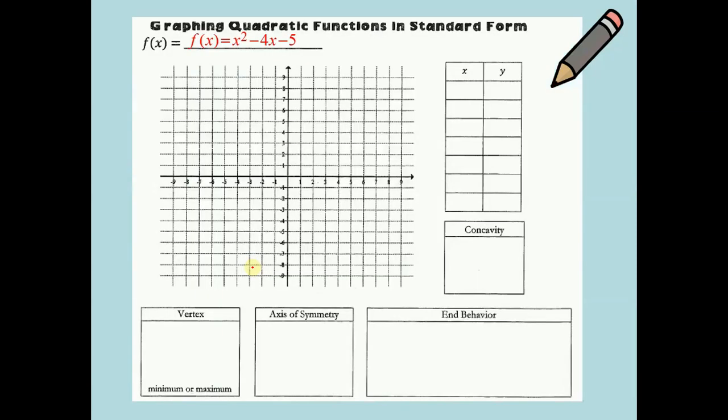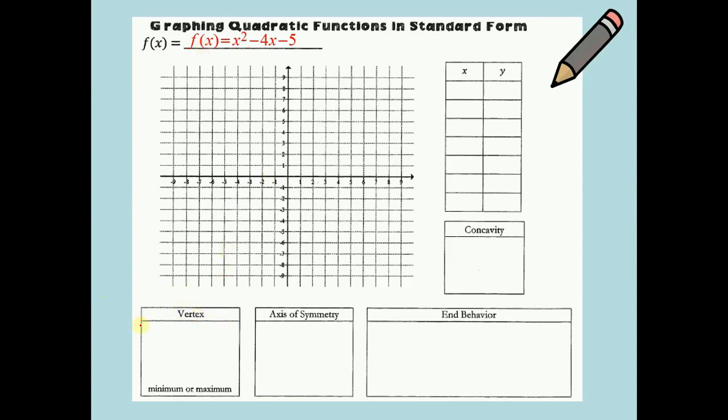Now, let's grab that handy dandy note sheet I gave you during class today. So graphing quadratic functions in standard form. The one we're going to first graph is f of x equals x squared minus 4x minus 5. Now, this f of x, guys, that is just y in fancy terms. I'm just putting it as an f. So the very first thing, let's find our